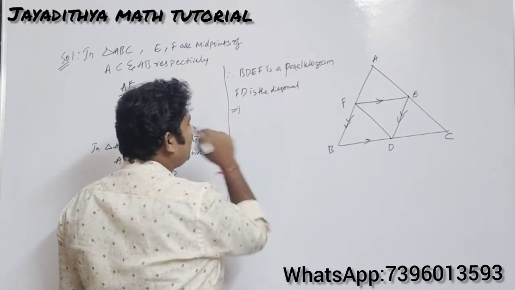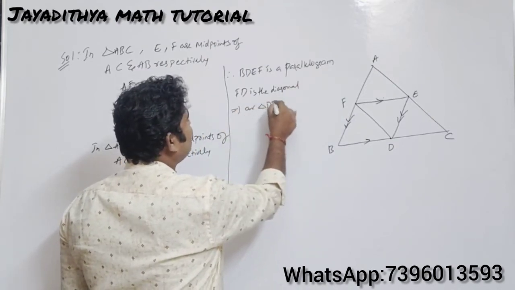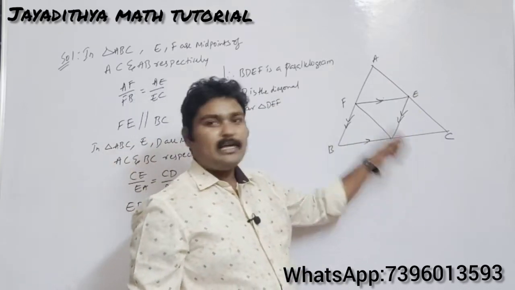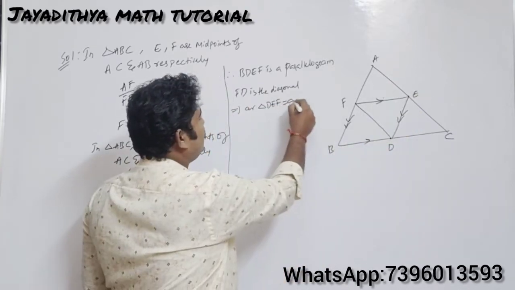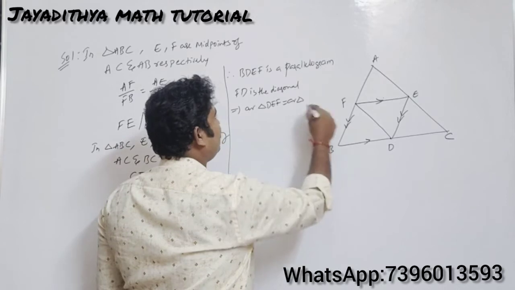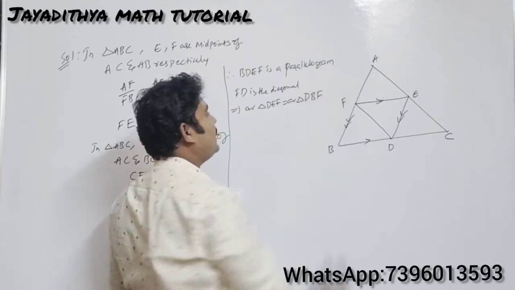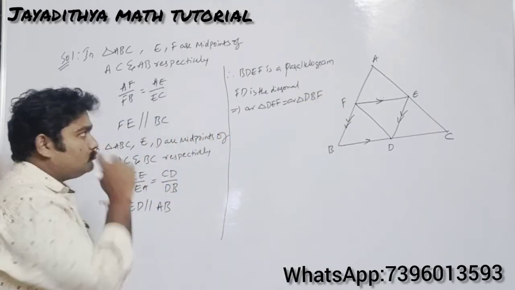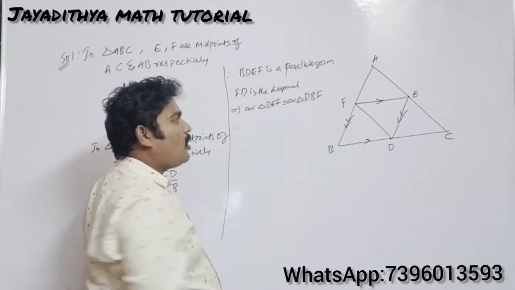This implies you can say that area of triangle DEF will be equals to area of triangle DBF. Clear? Similarly, you can also prove that